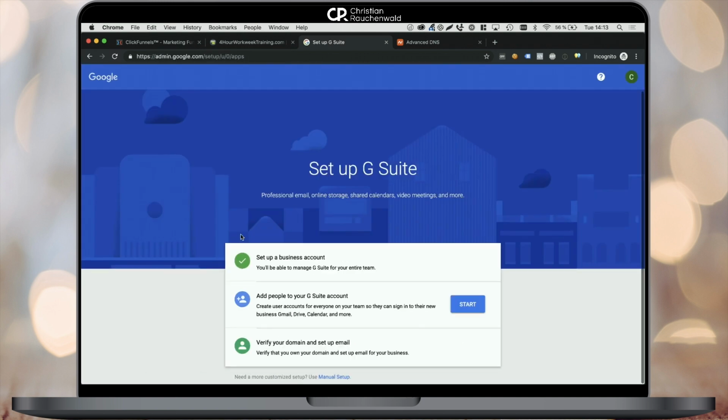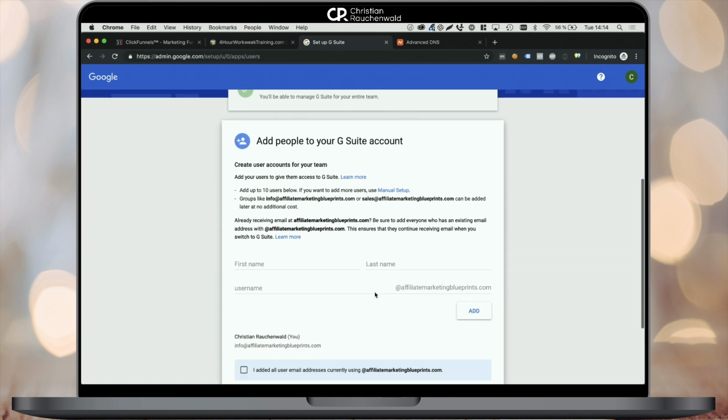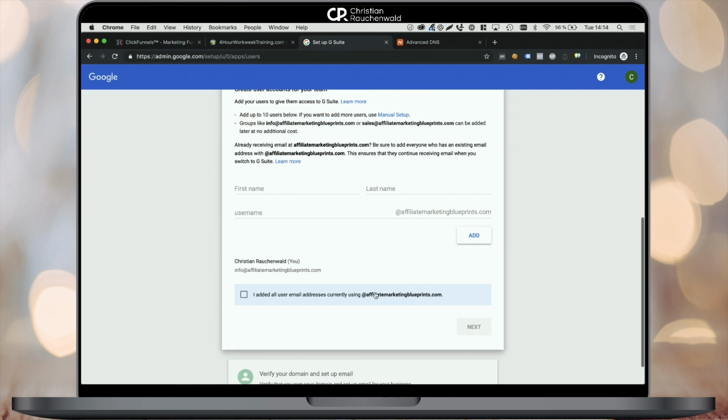Google Suite setup. After this, Google will walk you through the technical side of the sign up process, meaning how to validate your domain and how to set up your actual Gmail mailbox. In the first step, you are going to be able to add people to your G Suite account by simply entering their first name, last name, and the desired email address. If you don't have anybody to add or you're done adding people, simply check the checkbox that indicates that you've invited everybody and click on next to proceed to the technical side of your domain validation and mail server configuration.